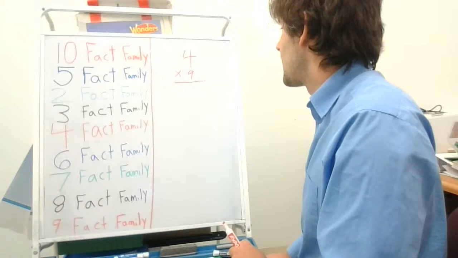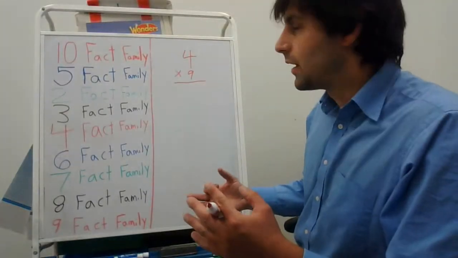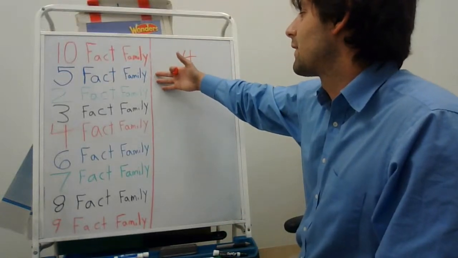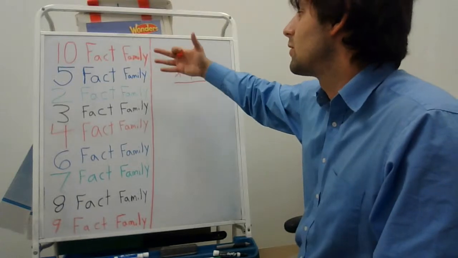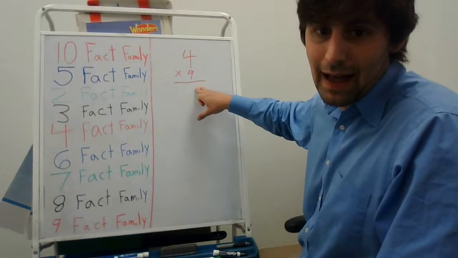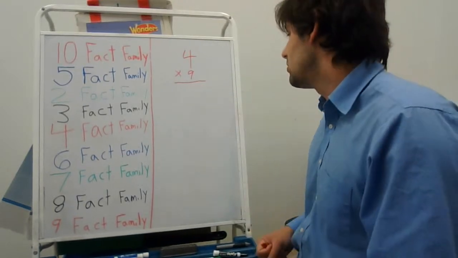All right, 4 times 9. So again, here's the scenario. You're on the 10 fact family or the 5 fact family. Let's say you mastered the first 2 fact families, but you're not yet at the point where you can skip count by 9. You're not there yet. So what you can do is